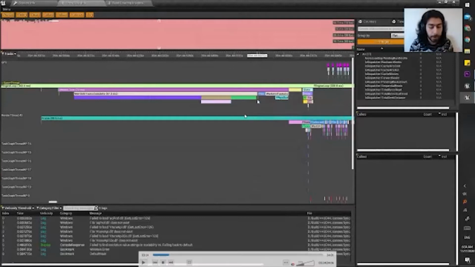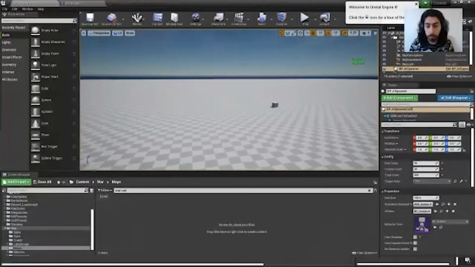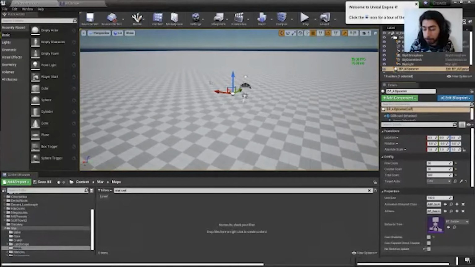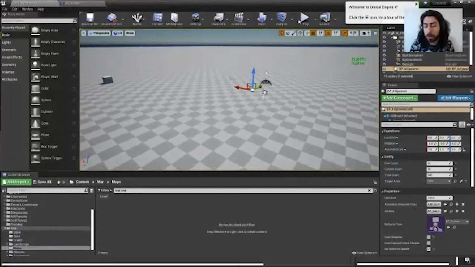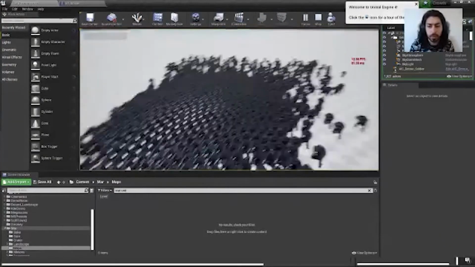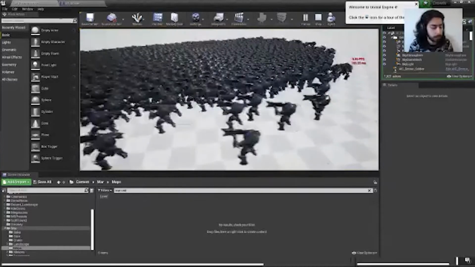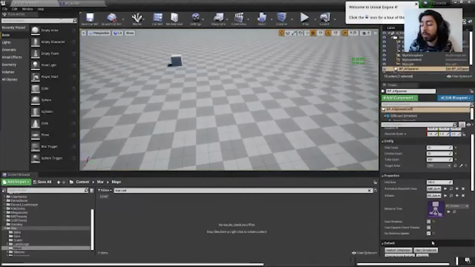In order to disable them, I created this blueprint. The same blueprint that we're using for Spawn, I'm just accessing all the skeletal mesh information and I'm disabling some settings. So what if we turn off animations? We used to be running the game at around 10 frames per second. If I turn off the animation, we gain around double that performance. But if we look at the AIs, they're not actually animating at all. They're just moving.